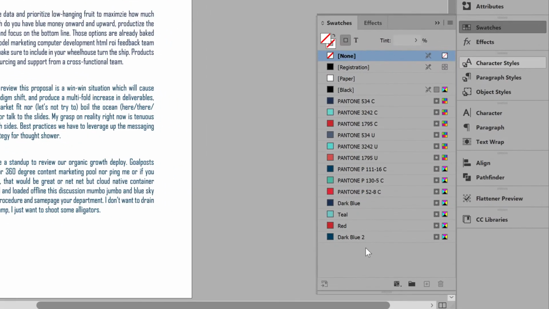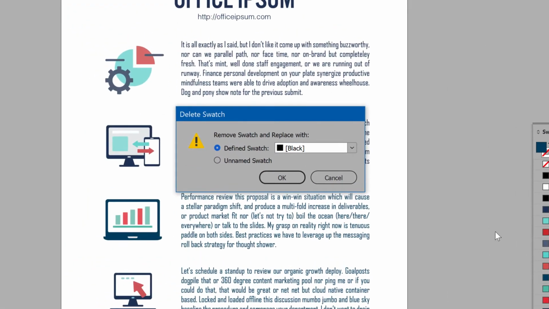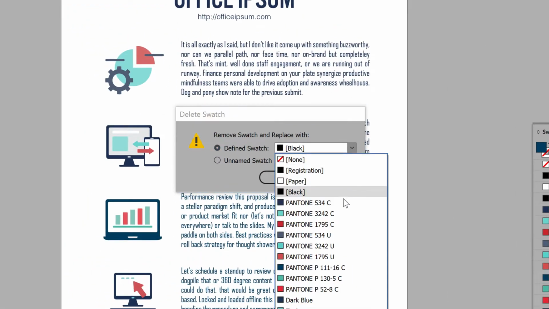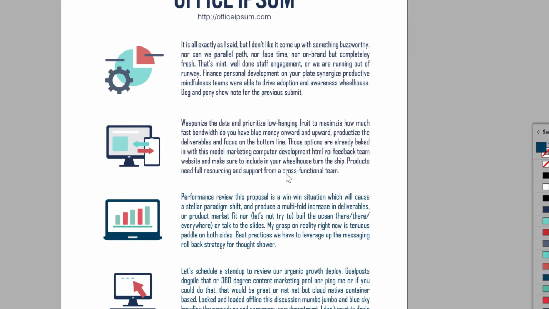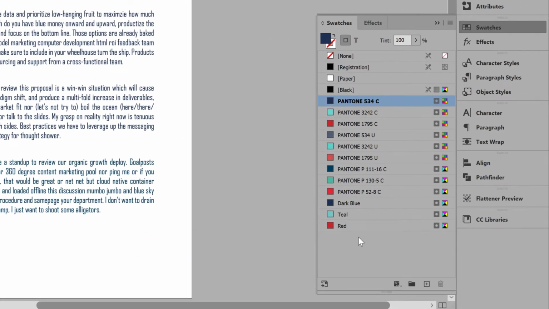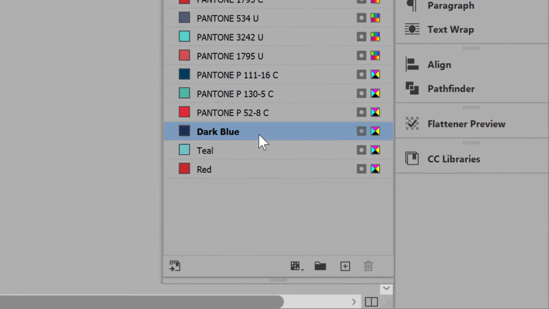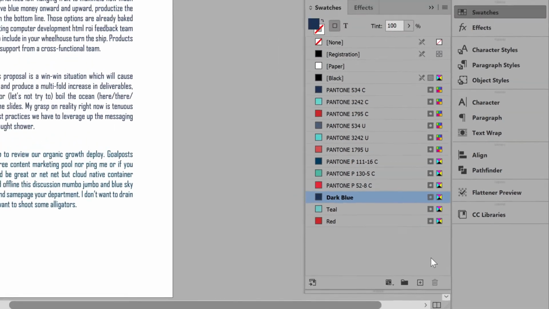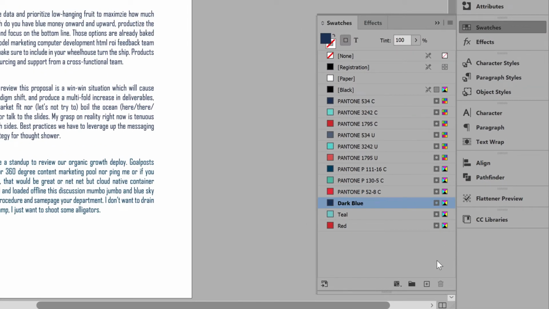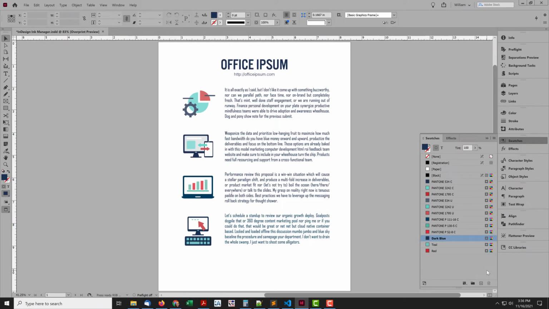Not so fast. Sure, that works for swatches created in InDesign. This one, for example. Delete it and replace with 534. Problem solved. But this one, the trash can is grayed out. Because the color is from a placed graphic. It is not possible to delete colors from placed graphics. In this situation, or any other reason colors won't delete, there is a solution.